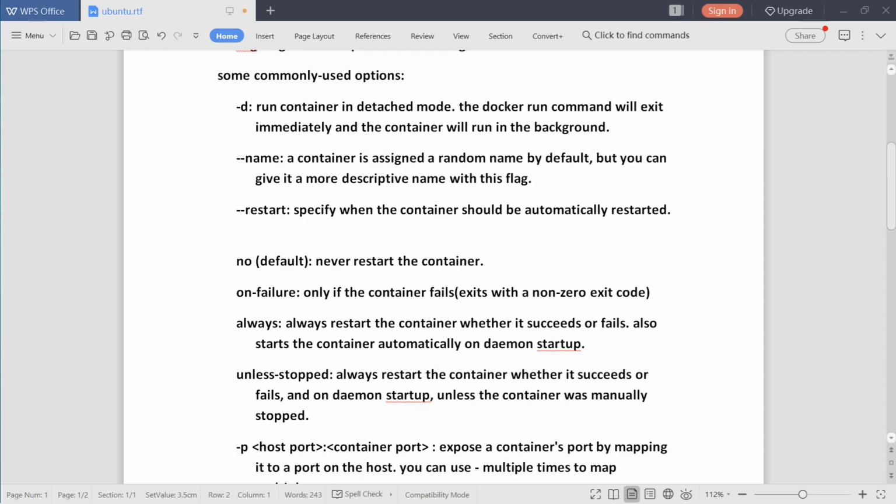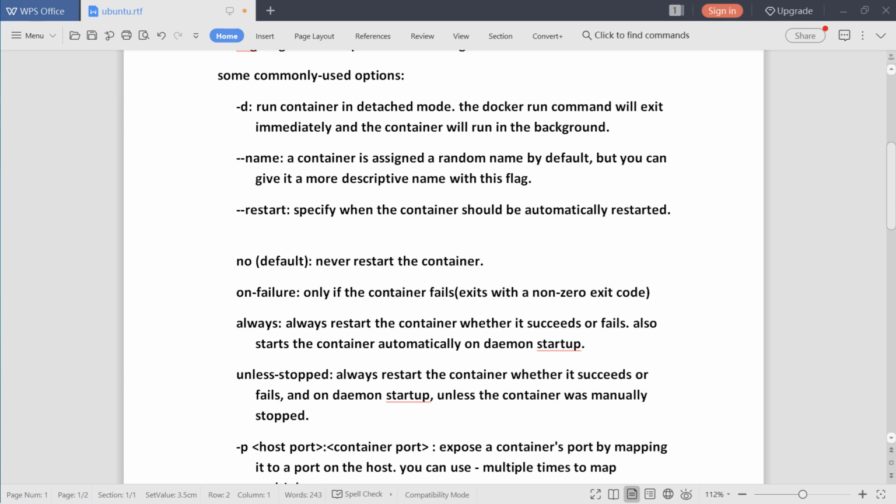Next flag, double hyphen restart. We can specify this double hyphen restart flag with the docker command as an option to say when the container should be automatically restarted. Actually, by default no flag is assigned to the docker run command.